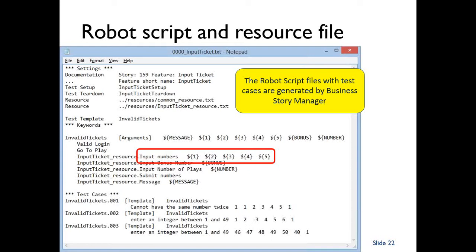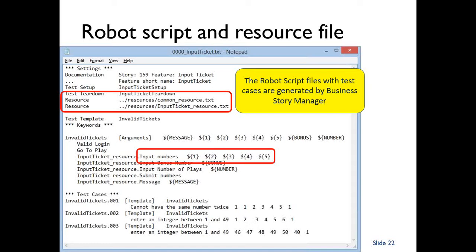These correspond to the 3 rows of data in our examples, and as you read across each of those test cases, you can see that it uses a template, invalid tickets. Now as you scroll up just before the test cases, there are some keyword definitions, and the only one that's there is invalid tickets. That is the template test case for the test cases that are called towards the bottom of the page. And the content of the invalid tickets test case definition corresponds to the calls to those test cases at the